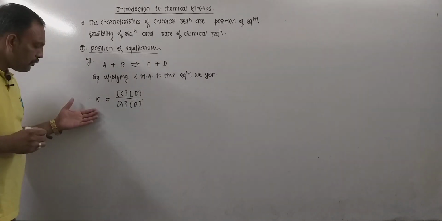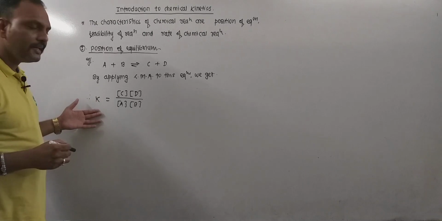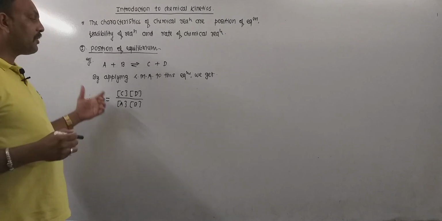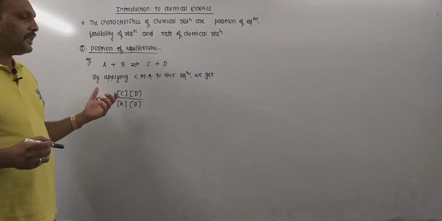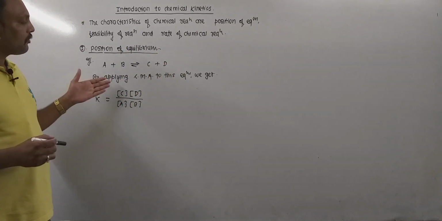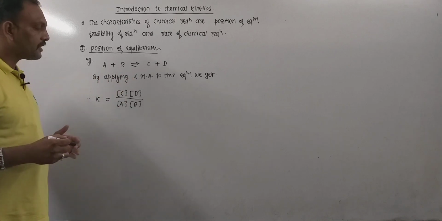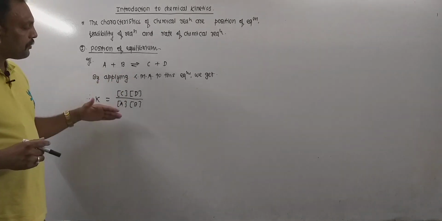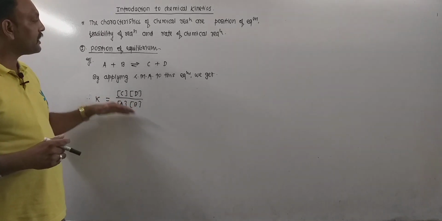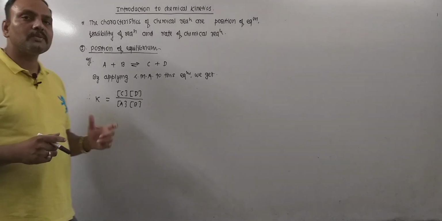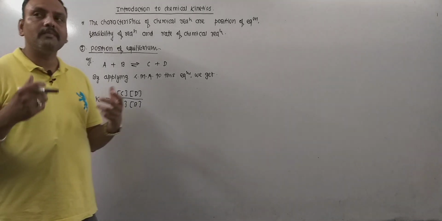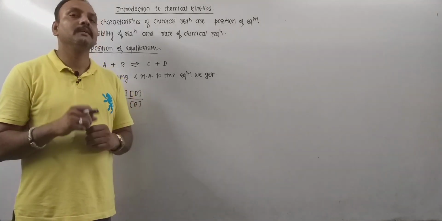Now the value of equilibrium constant depends on the molar concentration of product and reactant. Now greater the product of the concentration of the ingredients present on the product side, I mean if concentration of C into concentration of D has greater value as compared to that on the denominator side, I mean the concentration of reactant, then the value of K comes greater. So what it means, when equilibrium will get established, that is the beauty.